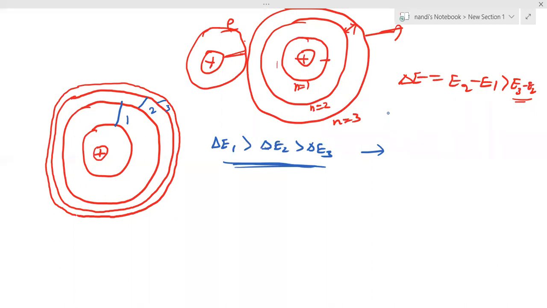I'm not using charge, I'm using energy difference. Please keep in mind, Siddharth. When the number of shells increases, energy difference between shells decreases. The same diagram I am showing, with that diagram I am telling the statement. Can you write it with respect to this diagram? Which has the more energy gap here? The first one. So this is 1 and 2, 3, 4. If shell numbers increase, energy difference decreases. That is a point you have to keep in mind.